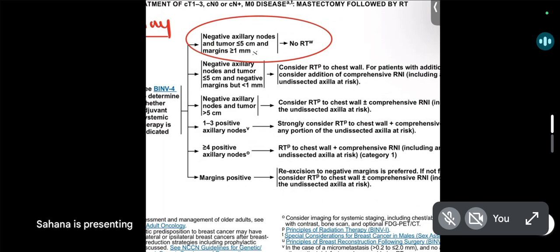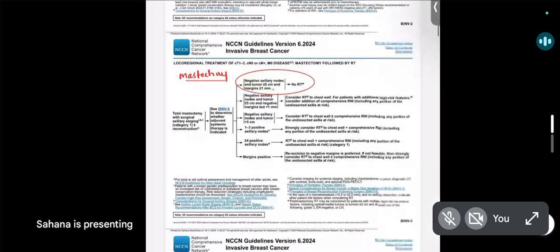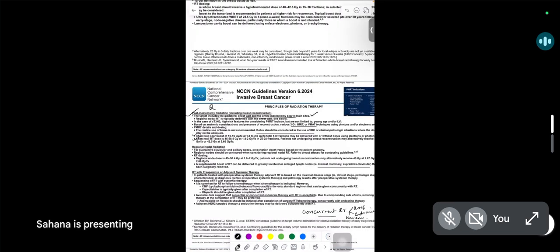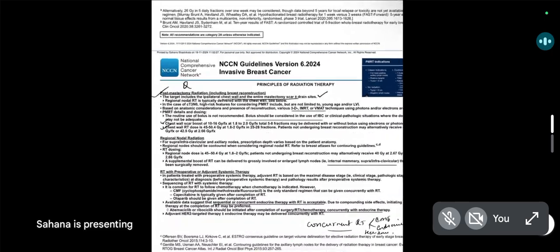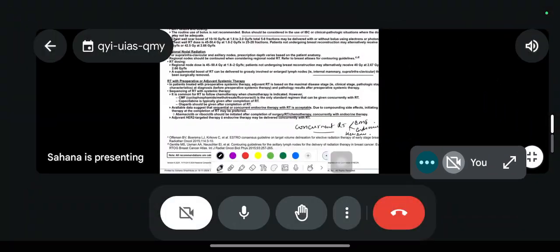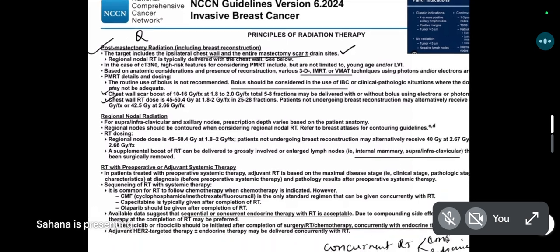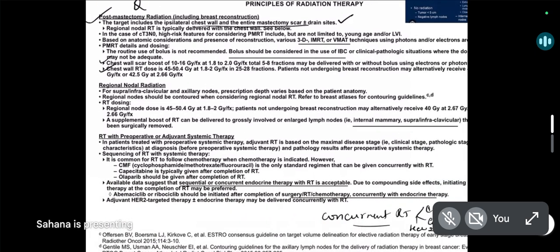So while writing indications, you can write clear indications and some controversies in post mastectomy RT. Regional node irradiation. Absolute is under dissection. You have not addressed the axilla where you have not harvested 10 nodes. You have not completely dissected the axilla, or you have obtained less than the required number for pathological staging, then you have to give